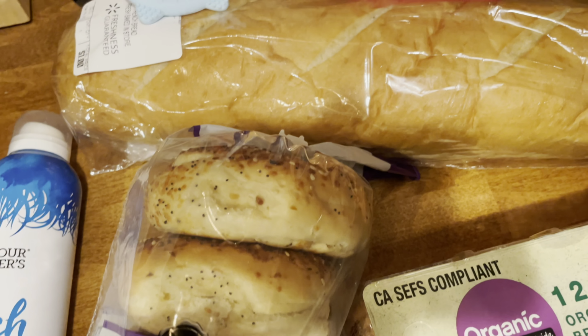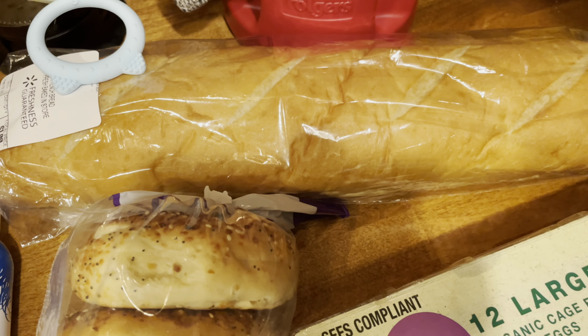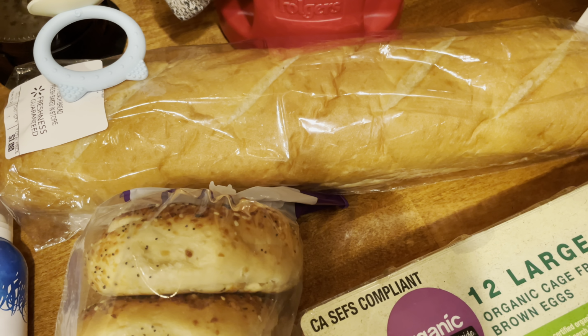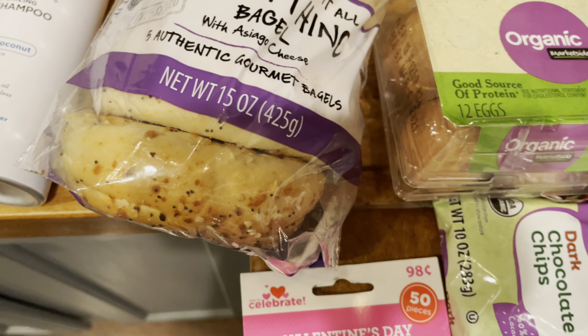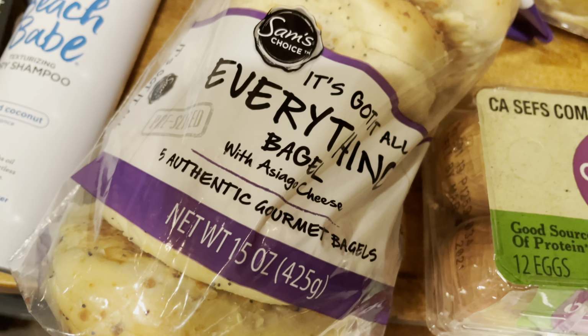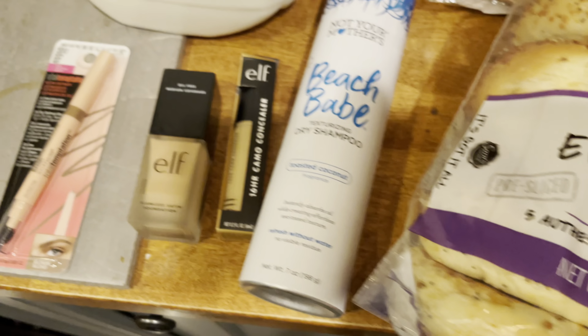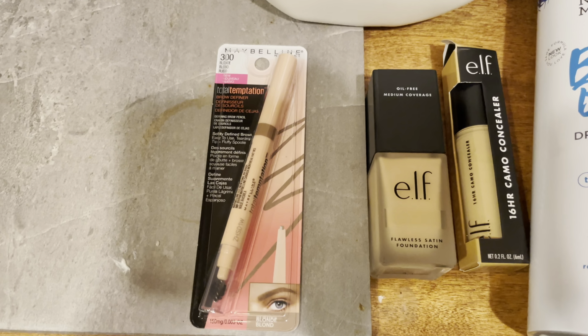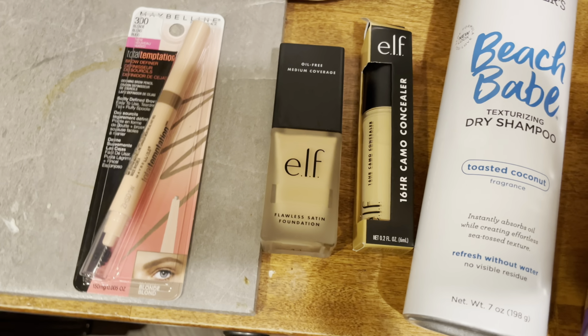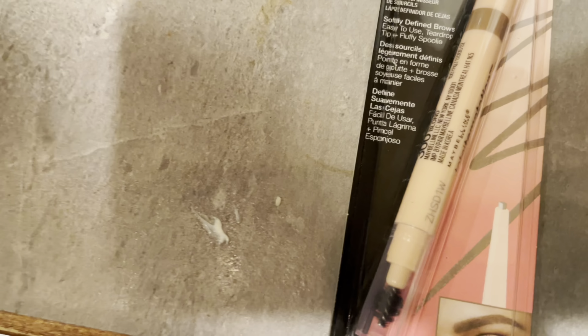We have some of this French bread. This is nice to have and then freeze the other half. Then I have some everything bagels, which are super delicious. And then I have some milk. And some non-grocery related items are this Total Temptation Maybelline